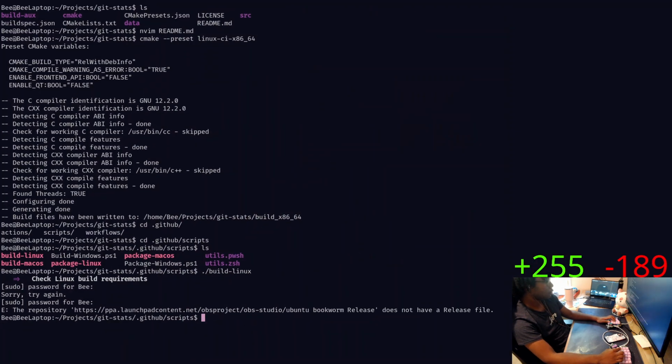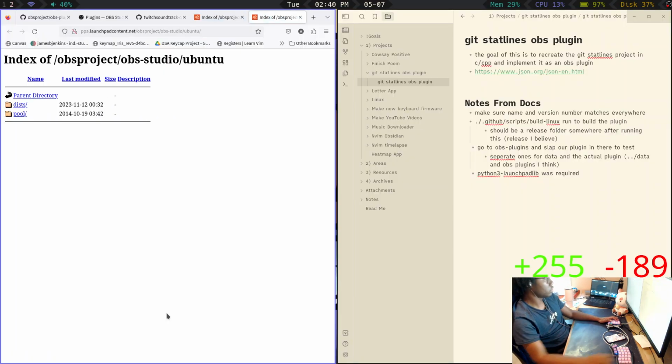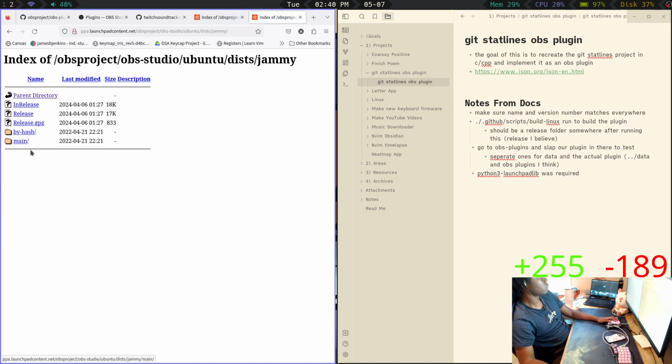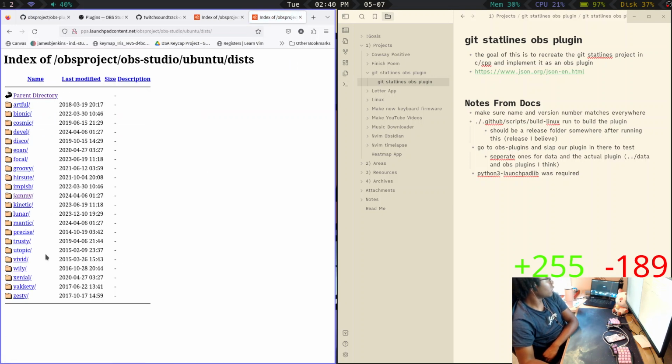Same thing. Wait, can I go to this? It does have a release file. The fuck are you yapping about?